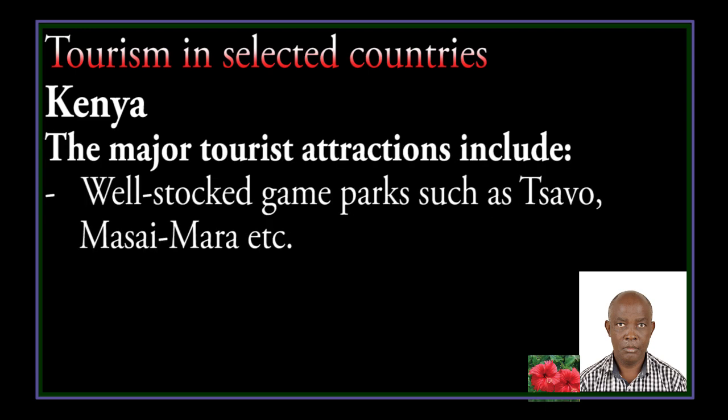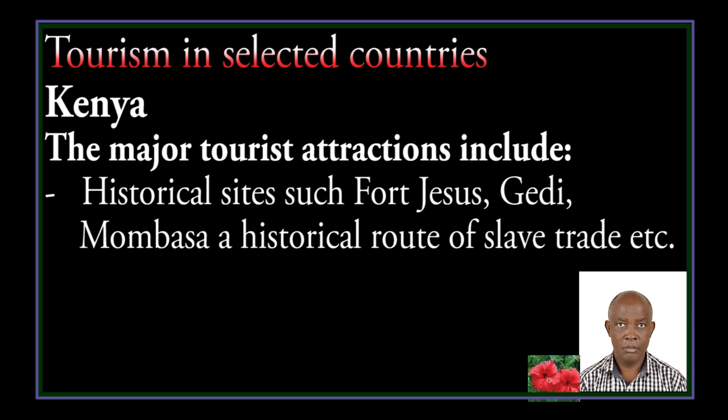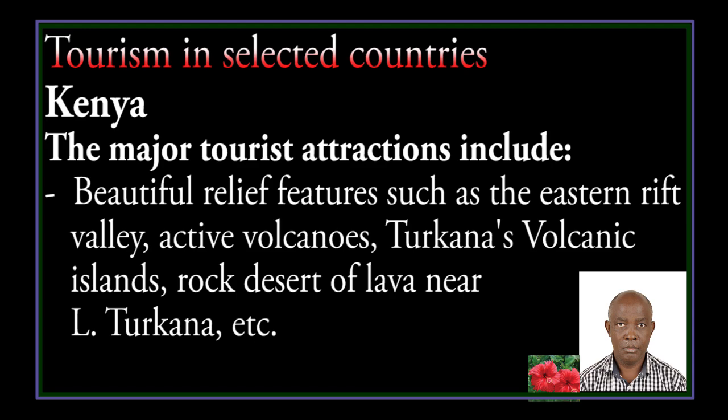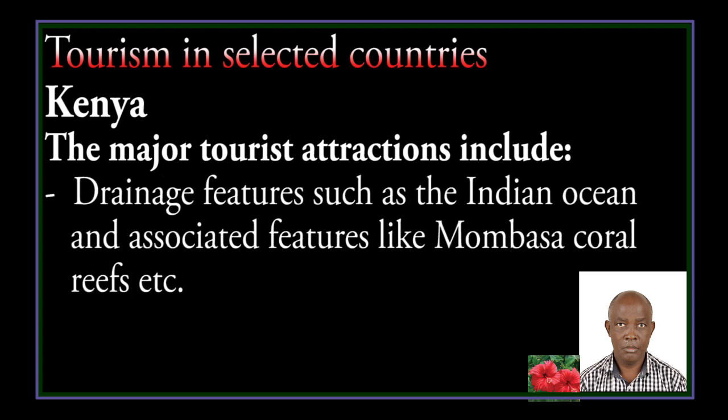Major tourist attractions in Kenya include well-stocked game parks such as Tsavo, Masai Mara, and so on. Historical sites such as Fort Jesus, Gedi, Mombasa historical route or slave trade, and so on. Opportunities for ornithology, including bird watching, and so on. Beautiful relief features such as the Eastern Rift Valley, active volcanoes, Turkana volcanic island, local deserts of lavas near Lake Turkana, and so on. Drainage features such as the Indian Ocean and associated features like Mombasa coral reefs, and so